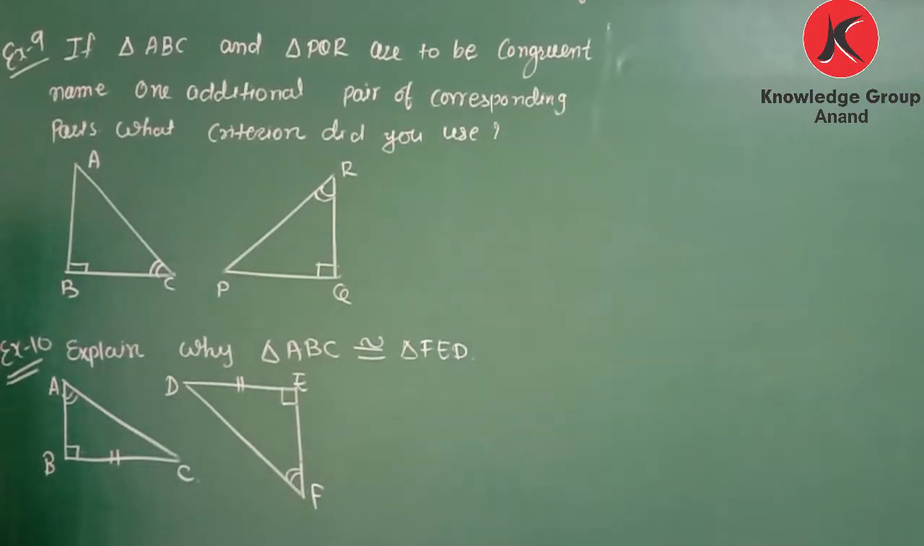Now next example. 9. If triangle ABC and triangle PQR are to be congruent,